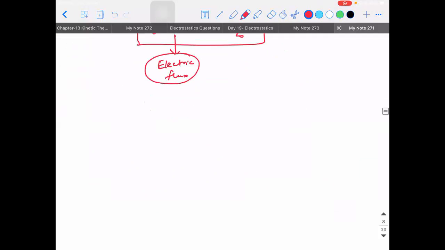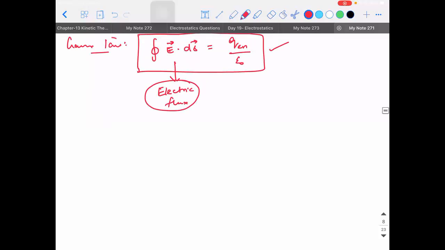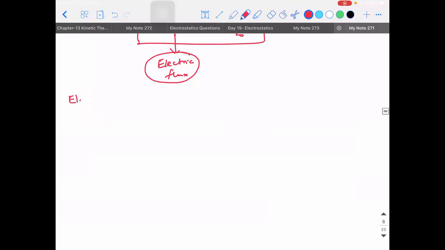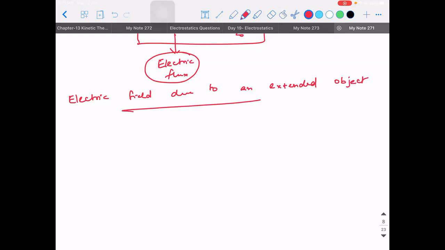Now, why do we mainly use Gauss law? Tell me, guys. Are we really using Gauss law to actually find the flux? Most of the applications of Gauss law are of what? There are three applications in your CBSE. We calculate the electric field due to what kind of a system? Due to an extended object. Something which is not a point object, we derive the electric field due to the extended object at a particular point. I hope this point is clear to you guys.